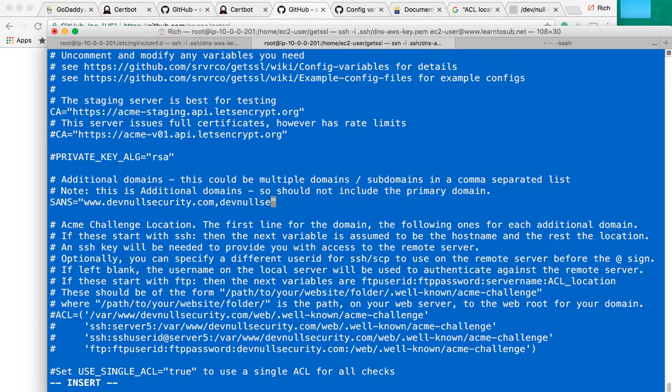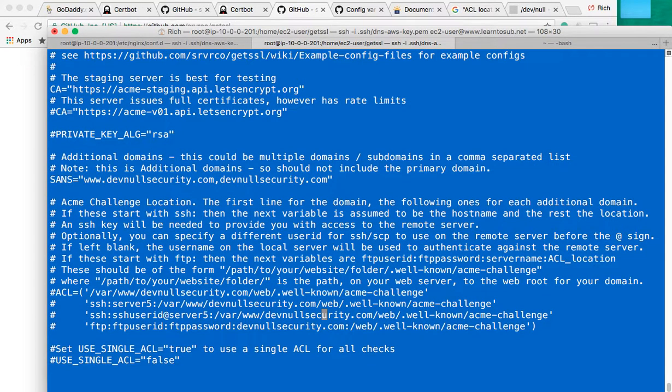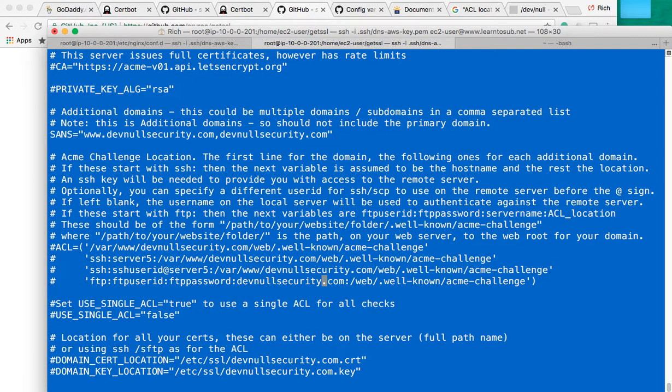You want to put in here whatever people might be coming to your domain name as, right? And this is a tricky part. I'm not going to lie to you. I didn't read documentation because I don't read documentation most of the time until I can't get things to work. So what this needs to be